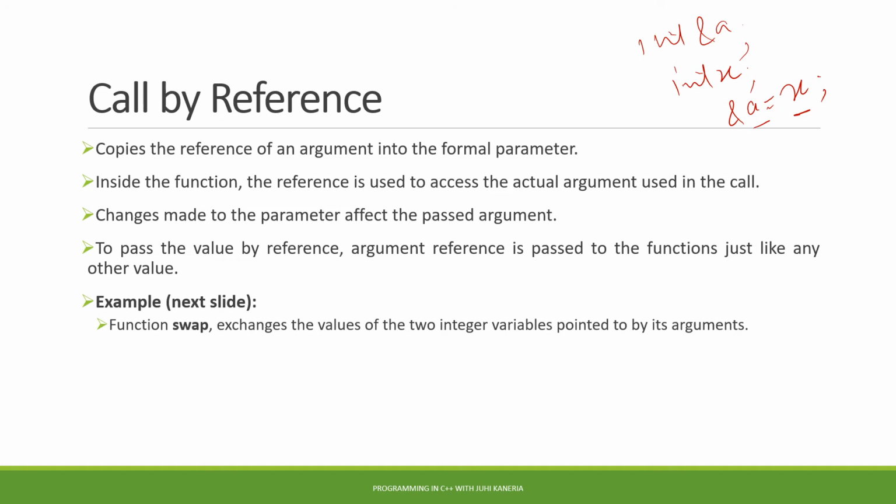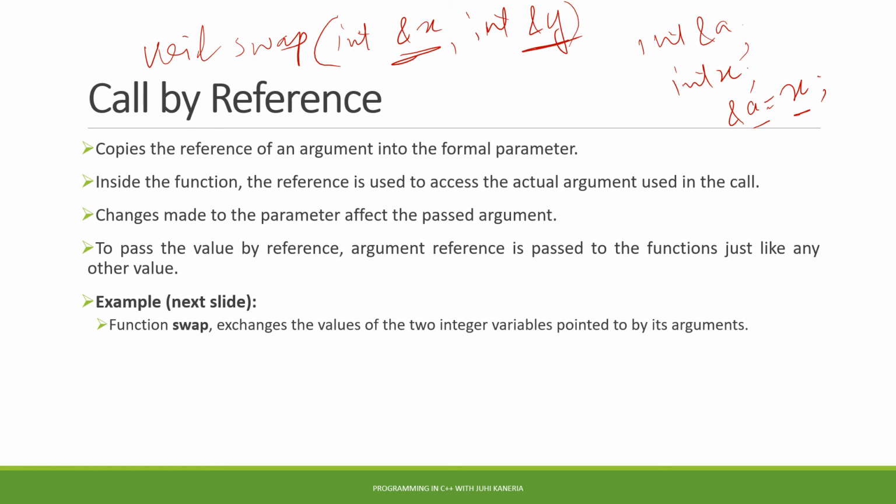The signature of this kind of function wherein we are having call by reference would be somewhat like this. Let's say swap is my function. It will have a return value. Let's say I am returning void, and then inside it I would have int &x and int &y. That means I am passing some reference, or in other words, whatever the actual parameters are passed to this function would be the reference to that particular parameter.